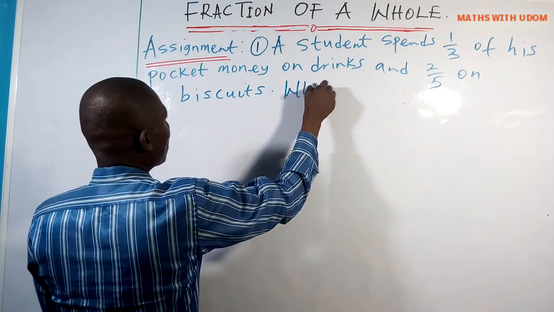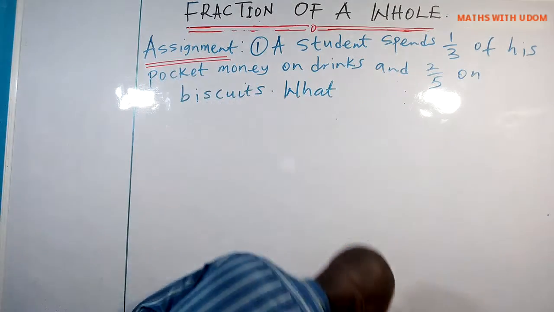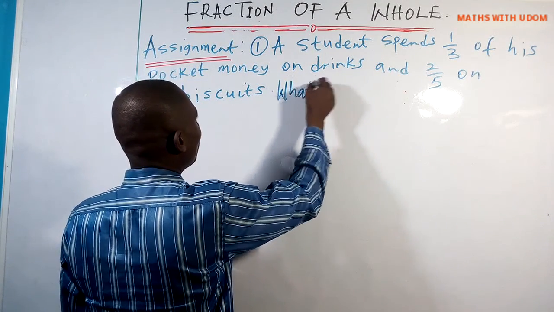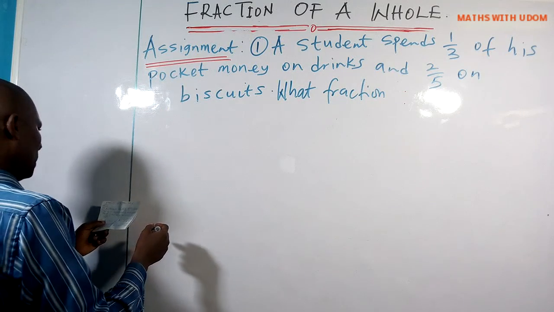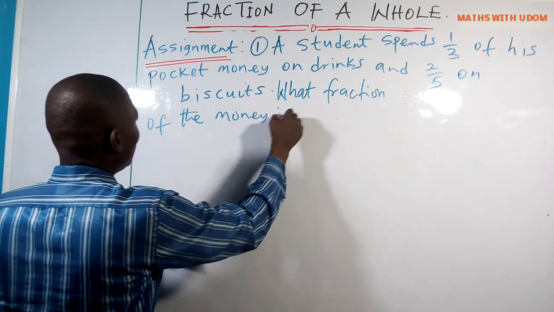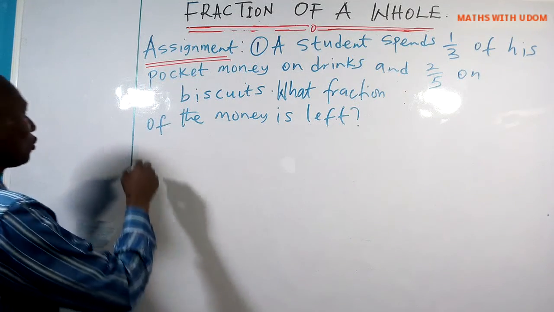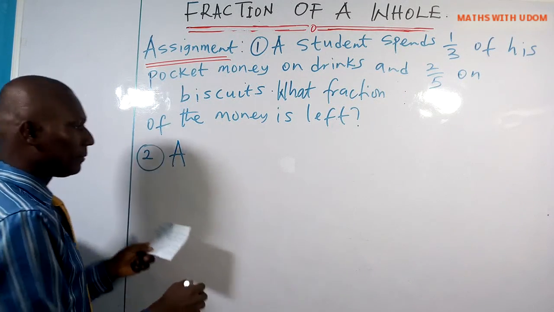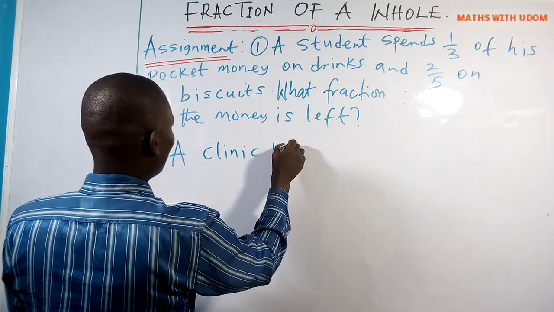Then the question is, what fraction of the money is left in the hand of the student? Then question 2, a clinic uses